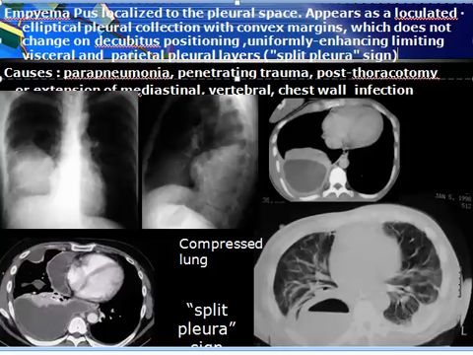Mediastinal, vertebral or chest wall infection extending into the pleura can cause the same. So altogether, empyema is pus collecting within the layers of the pleura, visceral and parietal. So it is causing split pleura sign, and split pleura sign acts as a mass, compressing the lung surrounding, but it is extrapulmonary. That means that its line with the pleura is forming an obtuse angle,